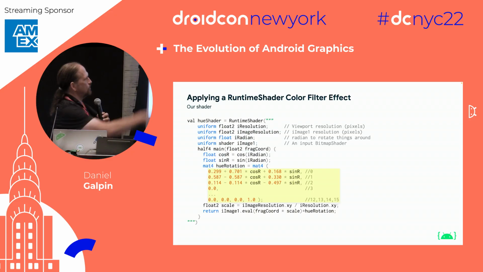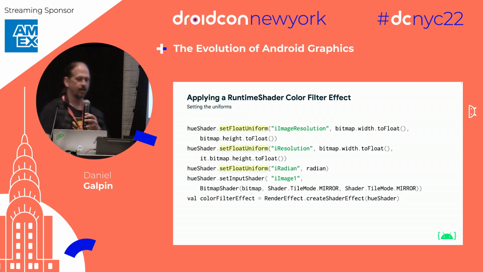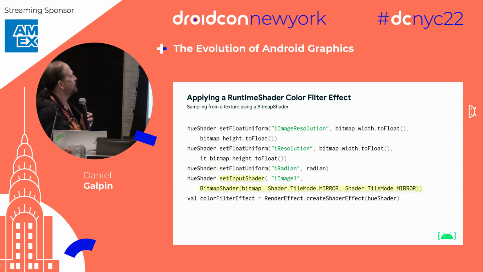And this is again, there are 15 lines to this. I just didn't want to put them all on the screen. So we apply this the same way. We have to set uniforms. So we've got, again, image resolution. I'm just using the bitmap here that we're rendering to, the float uniform, which is what we're using to rotate things. And then we have to actually have this input, this bitmap shader. So we've got to create that, and we've got to, in this case, set the tile mode and various other things. And then we actually create the effect. And this actually, at this point,